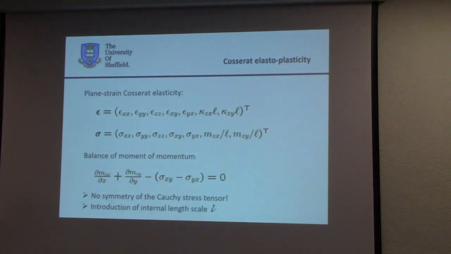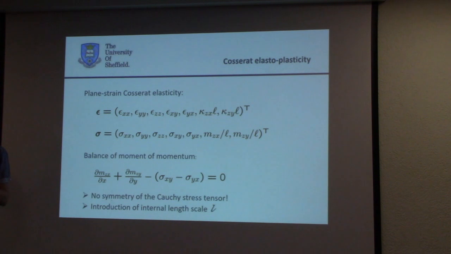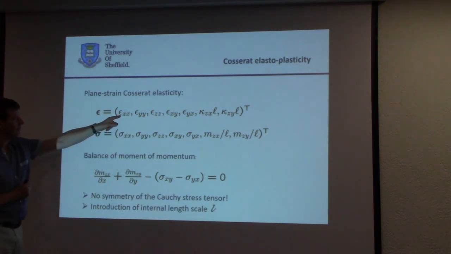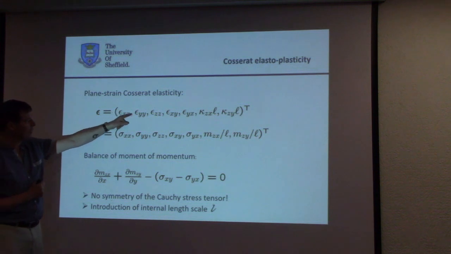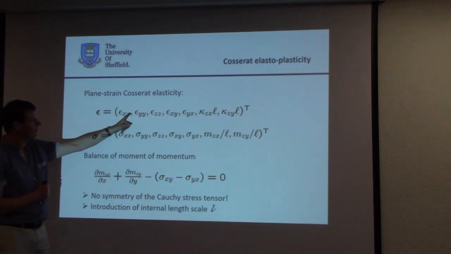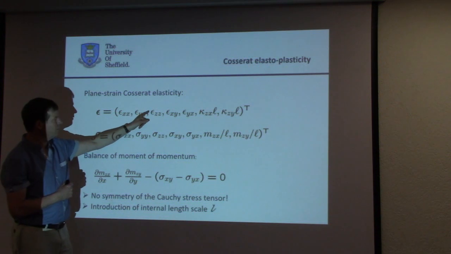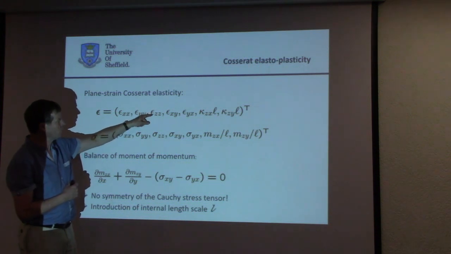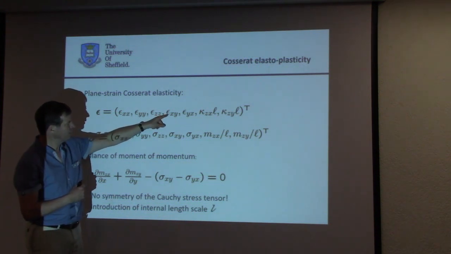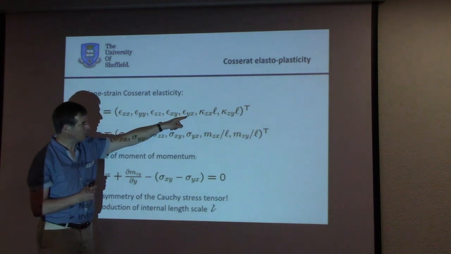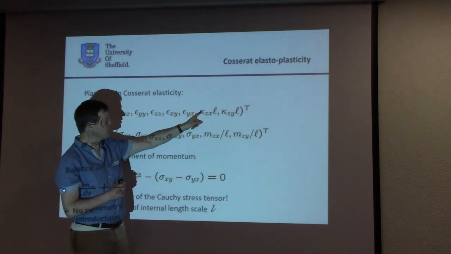So, what we do here is we simplify for the moment to 2D configurations. We don't go to 3D, which would make it a bit complicated. So as independent strains, we now have epsilon xx, epsilon yy, and for the plane strain case we would also have epsilon zz, epsilon xy, epsilon yx, plus our